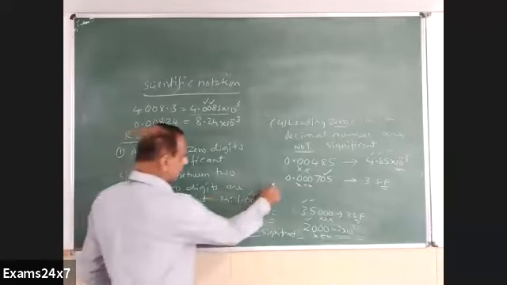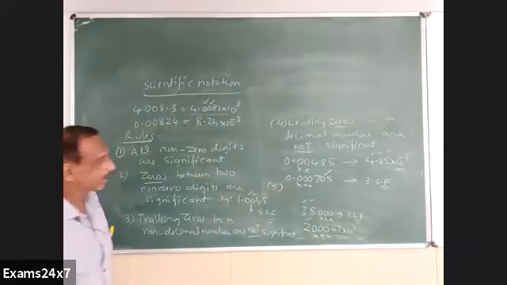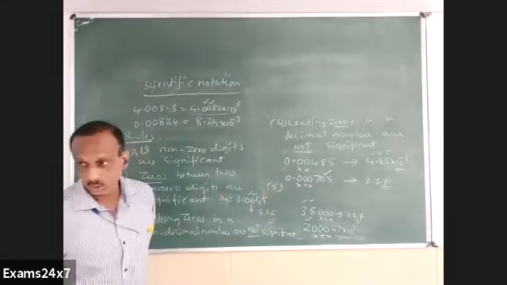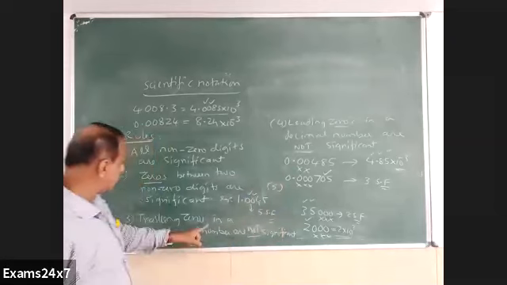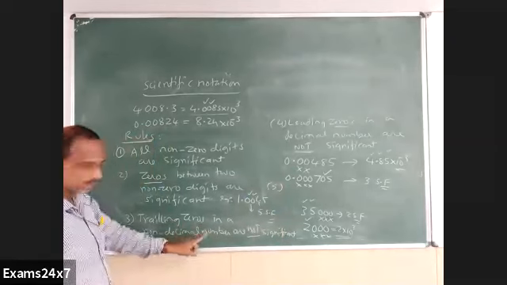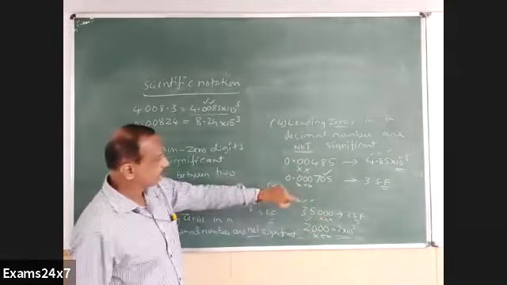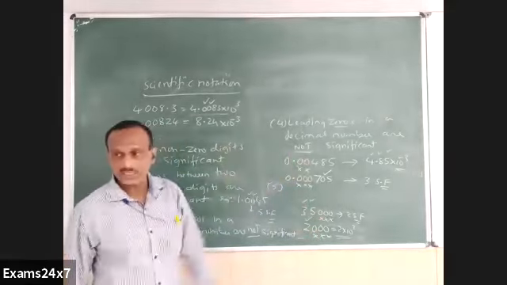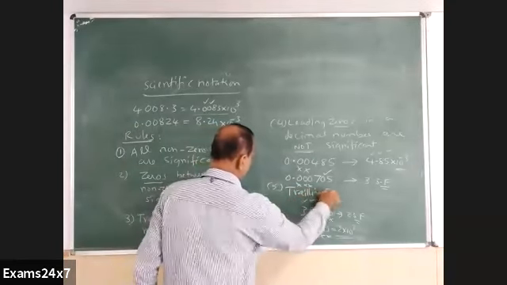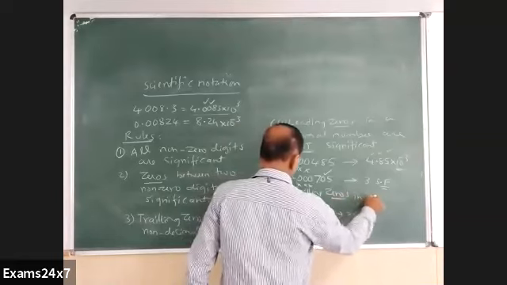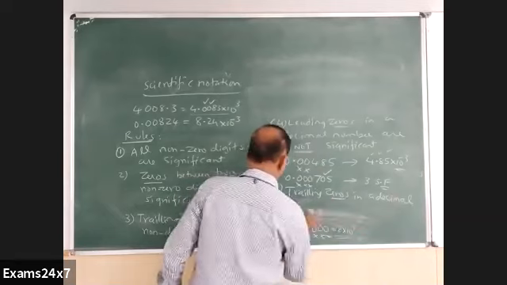I am mentioning that 5th rule now. I have to give the rule for that. That is the last one. They're called trailing zeros in a decimal number. Here, trailing zeros in a non-decimal number, they are not significant. I already mentioned this one. Like this 2000, 35,000, etc. But trailing zeros in a decimal number are significant. So trailing zeros, following zeros in a decimal number are significant.